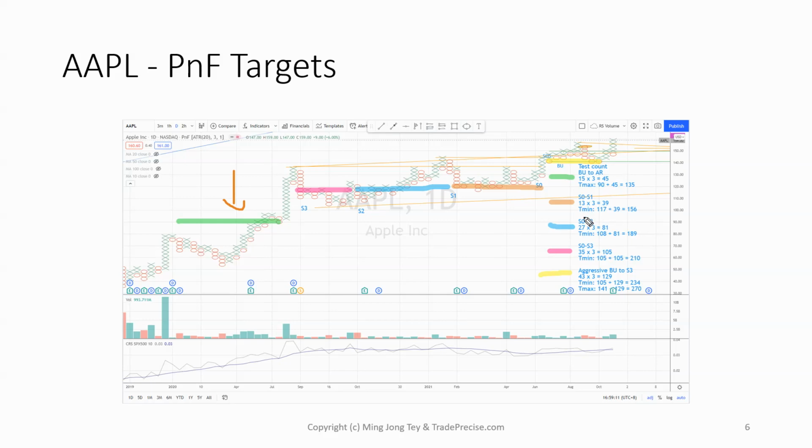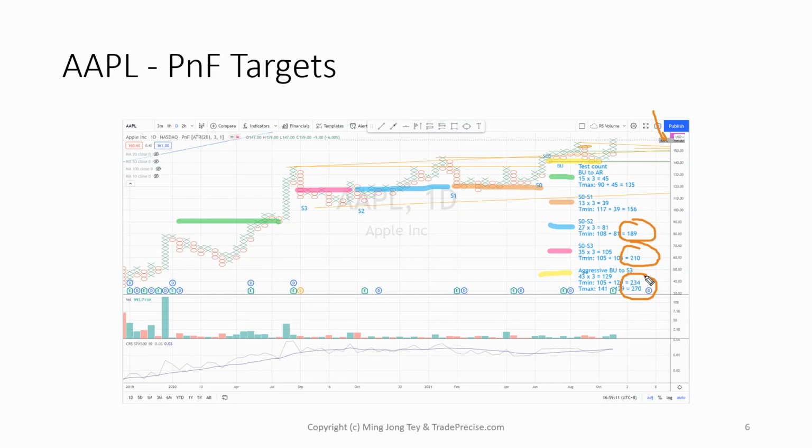And subsequently, I have done some calculation with this segment, the orange segment, which is projected to be around 156. So that will be the sign of strength rally. There is some form of consolidation right there. And so I think the count is relatively good. And the next target after that is somewhere around 159. So it's around 190 to 210.